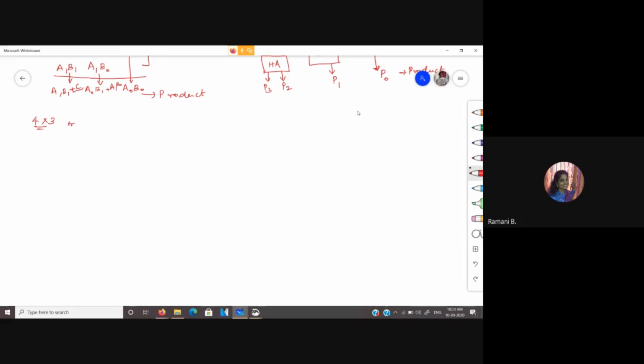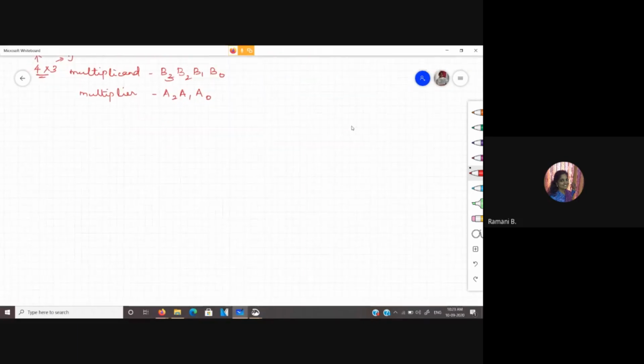So let the multiplicand be B3, B2, B1, B0, and let the multiplier be A2, A1 and A0. So let us consider this 3 to be J and this 4 to be K. Just giving a general notation so that we can generalize at some time.